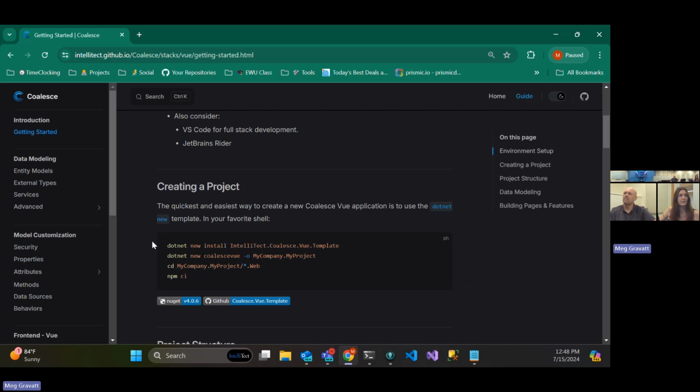If you scroll down a little more, you'll get to creating a project. You can totally just copy this in and paste it in your command line. So what is that doing? First I'm going to install the template. Yep, you're going to install the template. You go dotnet new install, and then you install the Coalesce Vue template,